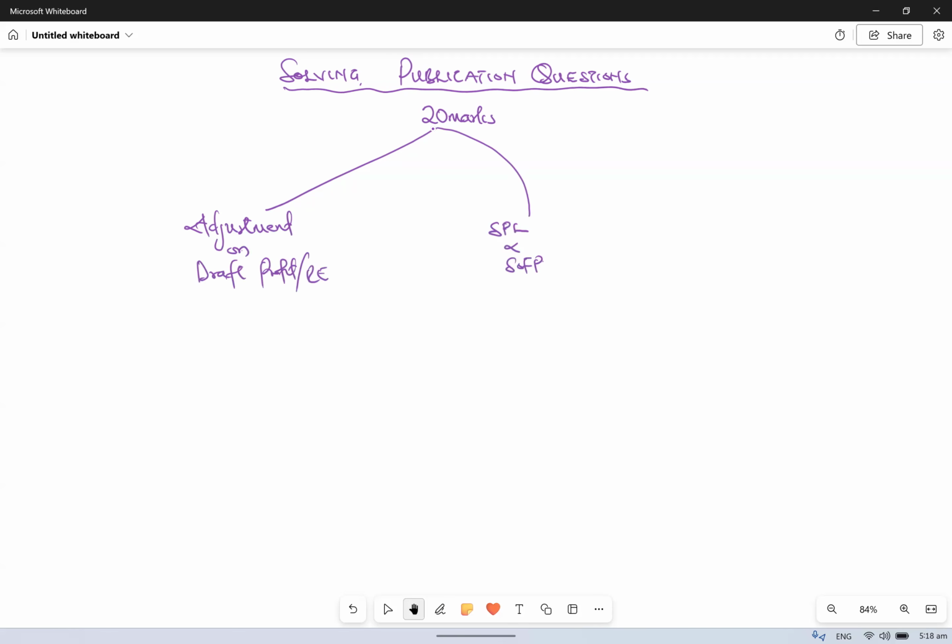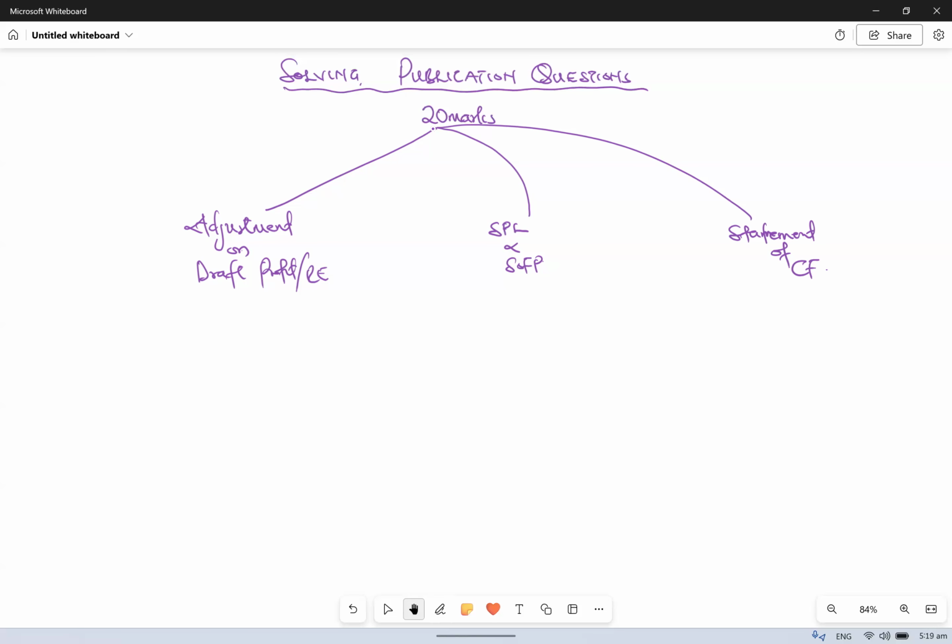You can have that, or it can also be a cash flow. So these are the areas publication questions can come from. So you should be able to solve questions in these diverse areas to equip yourself for